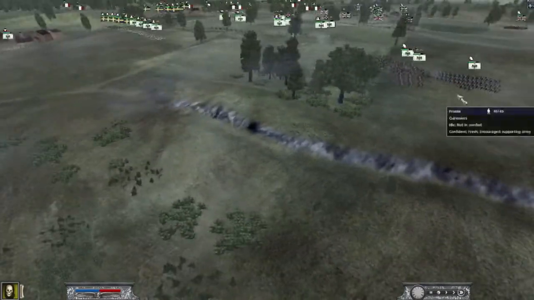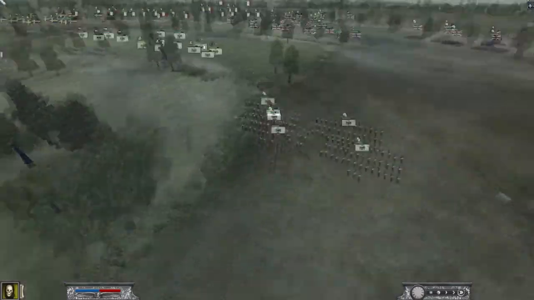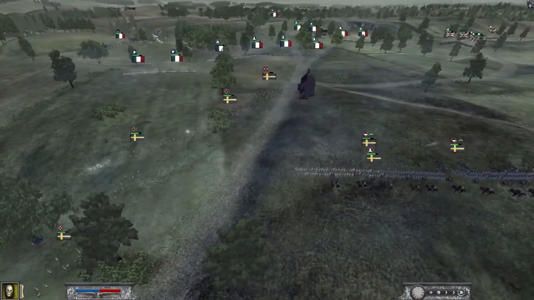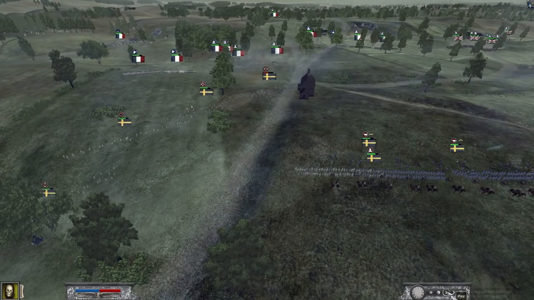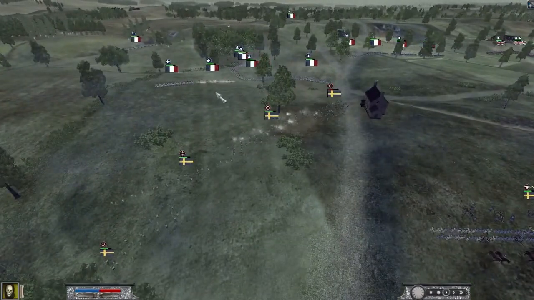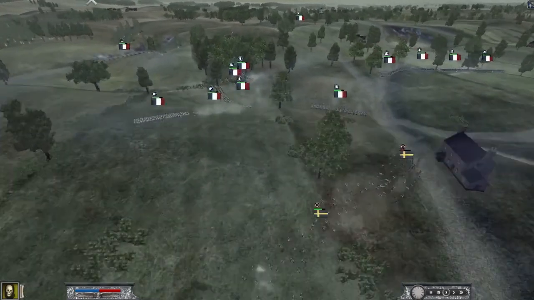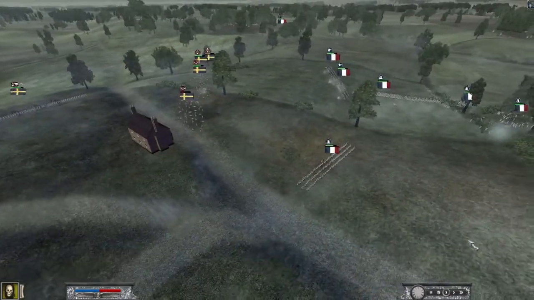So we're marching forward, and France is marching down as well on the left flank. You never want to have your skirmishers engage directly with line infantry,